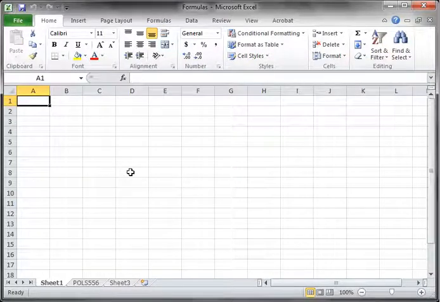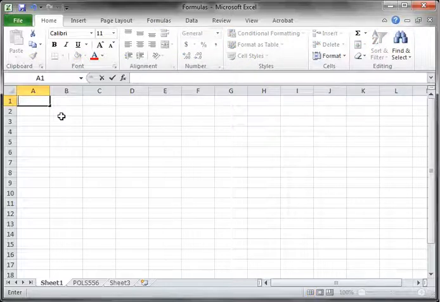In this tutorial, I will be demonstrating how to use Microsoft Excel to perform basic mathematical operations and also to use formulas in spreadsheets. When using Excel to perform mathematical computations, we will have to enter the computation in the form of a one-line equation or formula. We always will begin these formulas in Excel with an equal sign. So for instance, to add 4 plus 2, we will enter in the cell equal 4 plus 2 and then